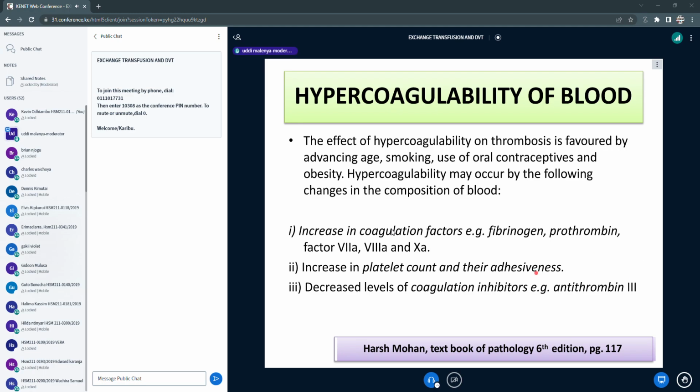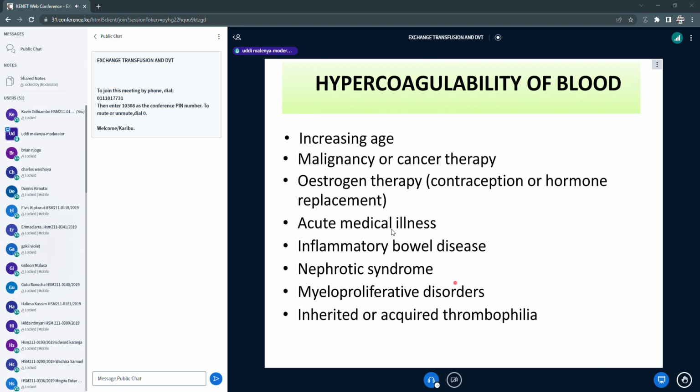When this antithrombin 3 is lost, when the patient is losing a lot of proteins, this patient may end up being predisposed to deep venous thrombosis and pulmonary embolism. Hypercoagulable states, age, malignancy, and nephrotic syndrome with loss of antithrombin 3 can all lead to